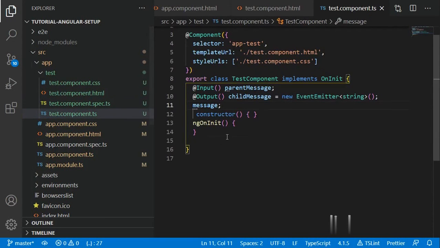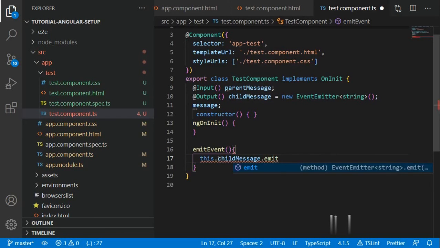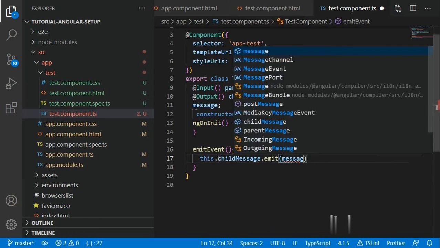So I have to define this method in my child component, that is test component.ts. What I'll do here, on click of emit event or on click of button, I'll emit the child message event, and inside that I'll send the value message.